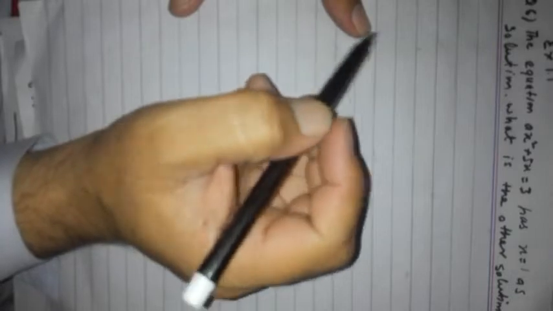The equation ax square plus 5x is equal to 3 has x is equal to 1 as a solution. What is the other solution? Here it is given that ax square plus 5x is equal to 3 and x is equal to 1